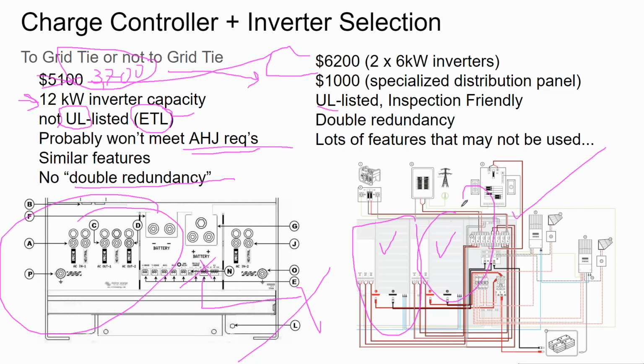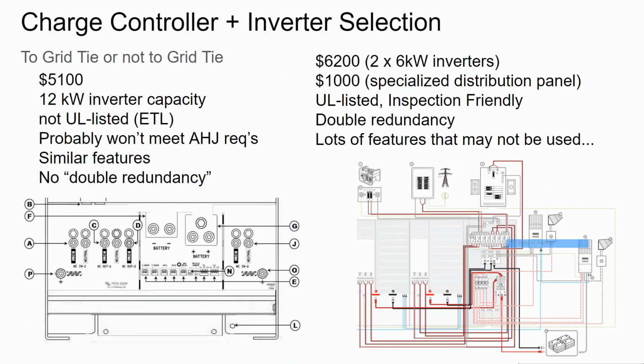And so you're looking at, for your kind of electrical system, going for that UL listing, going for double redundancy, going for an inverter that's listed for outflow and selling back to the grid. You could be looking at maybe twice as much in your inverter budget and associated balance of system material as you would sticking with an off-grid inverter. Not one that's unlisted entirely, but I'd say the off-grid market is still kind of small in the US, and generally the companies that are selling off-grid inverters are also going through the UL process and listing them for grid connection.